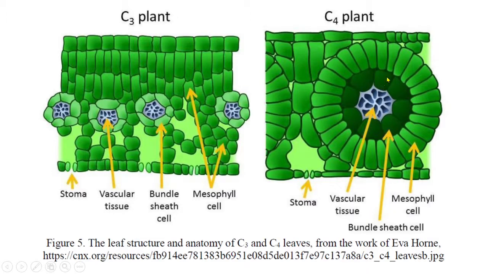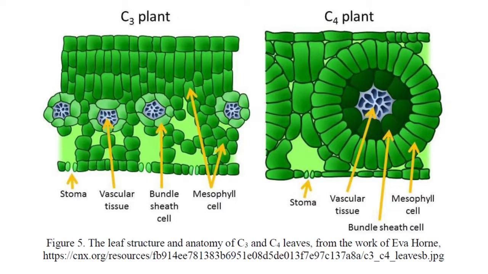And since all of the 4 carbon molecules will be going here and releasing carbon dioxide, it will be very highly concentrated in this area. Thereby, oxygen will not be able to really go through it, so photorespiration doesn't really happen, but rather the Calvin cycle will happen here because of the high concentration of carbon dioxide. And that is the way C4 plants